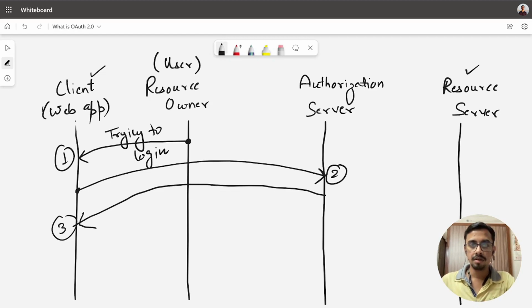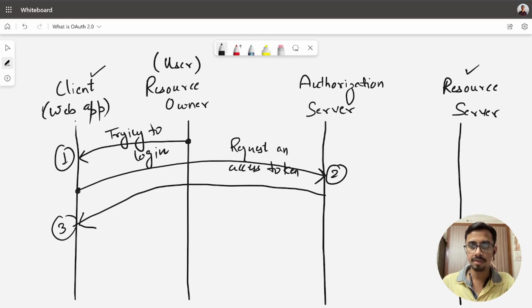So if I try to explain again, over here the client is basically requesting an access token, right?